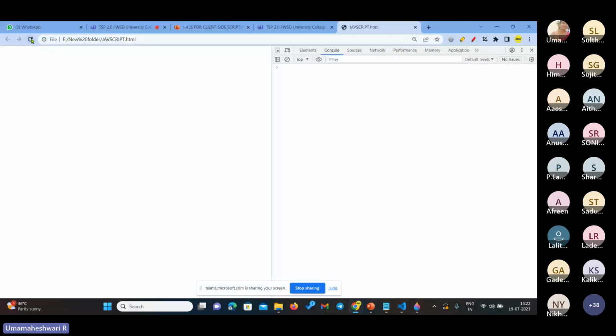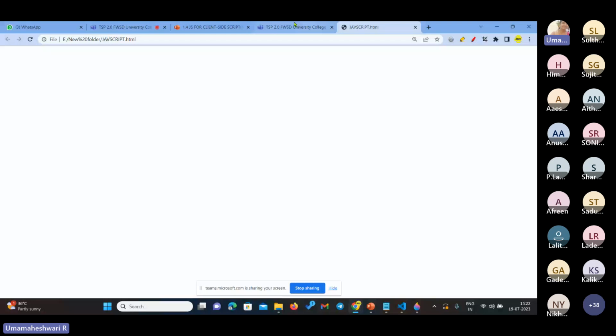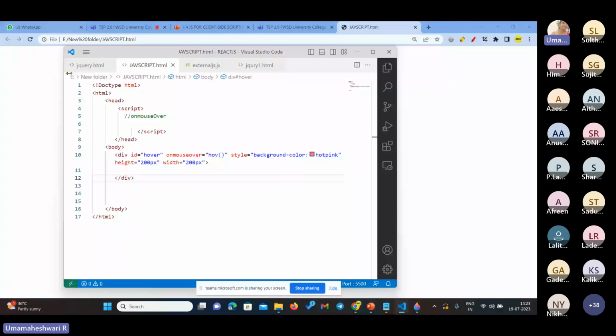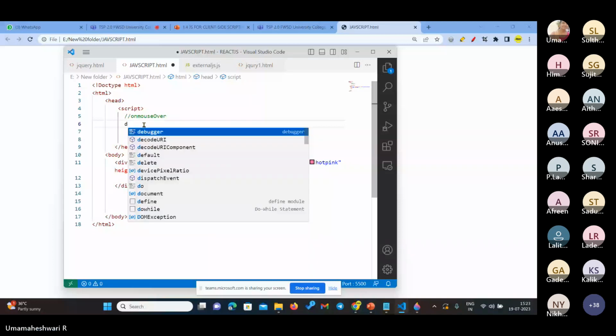As of now, we don't have anything in this container. Because we have that script element, right? That is the reason it's not displaying. So here in the script element, what we need to do is take this function. So function keyword, what is the function name? HOV